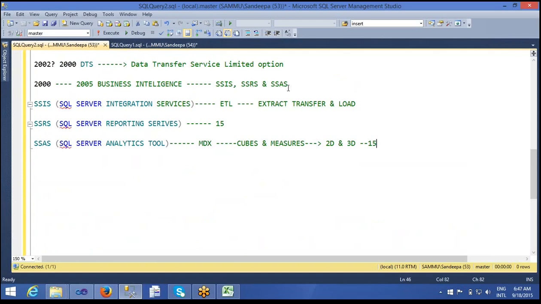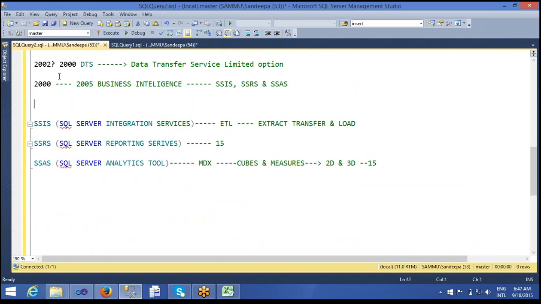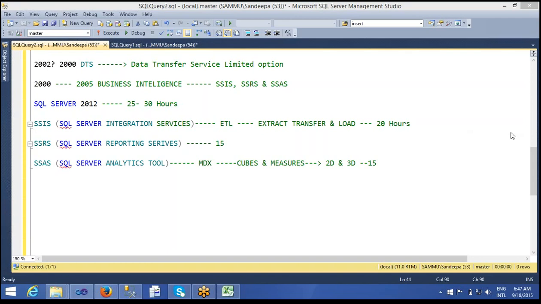SQL Server we take almost 25 to 30 hours because we want to make you masters in that, then only it will be easy to work. So more time we will spend, 25 to 30 hours here, and for exercises again we'll spend 20 hours of sessions. So this is the plan. As I told you, it doesn't always stick to a set number of hours, sometimes it extends.